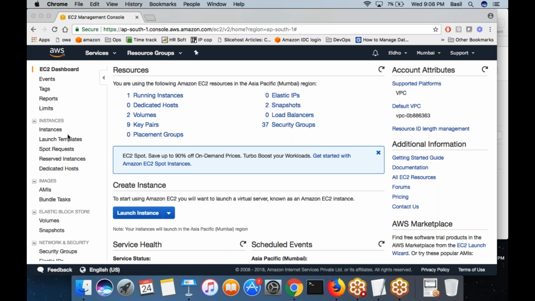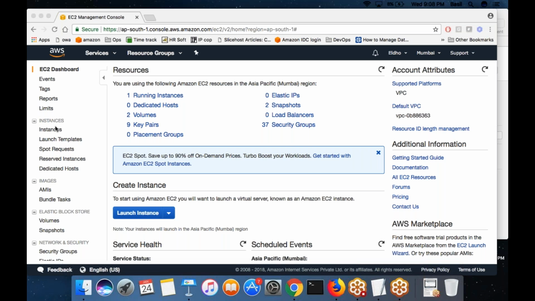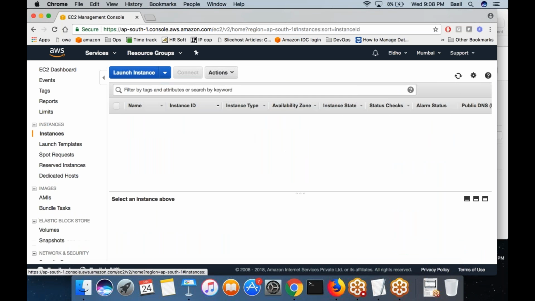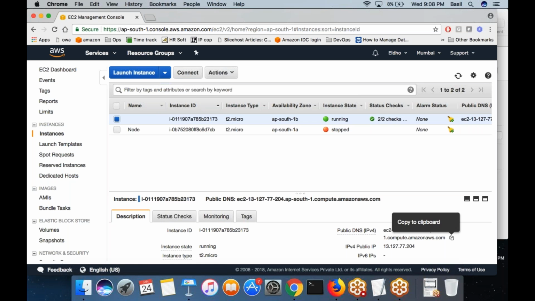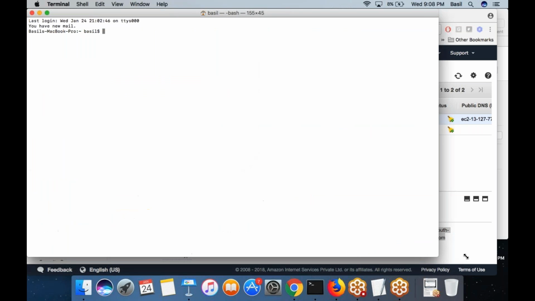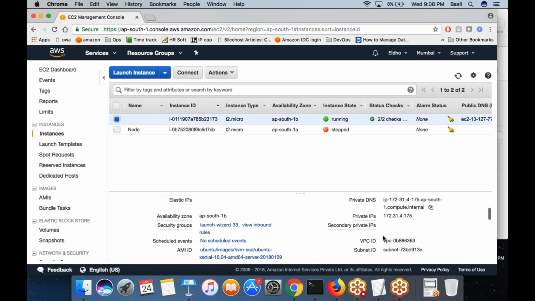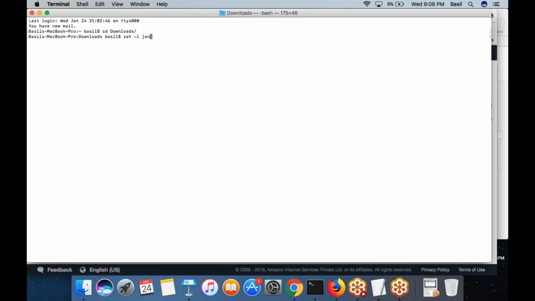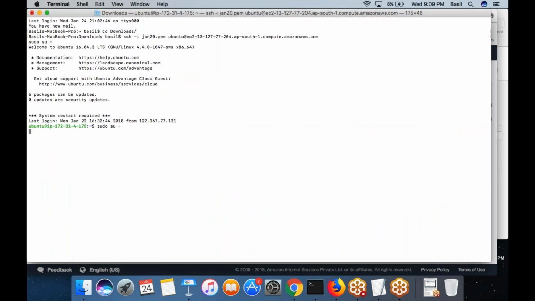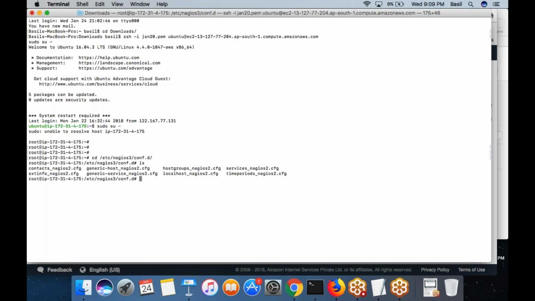And I have this machine. I think that is my Nagios server. Let me log into this machine. In etc/nagios3/conf.d, over here you can see the configuration files of Nagios.